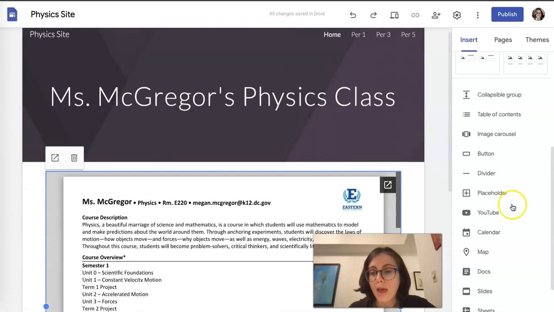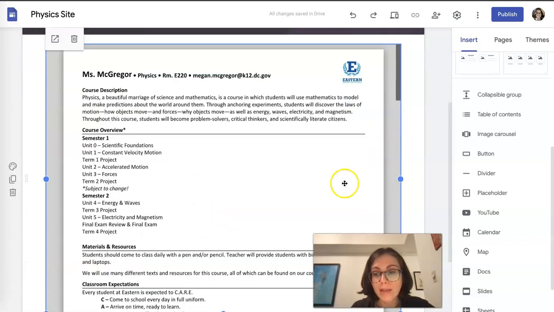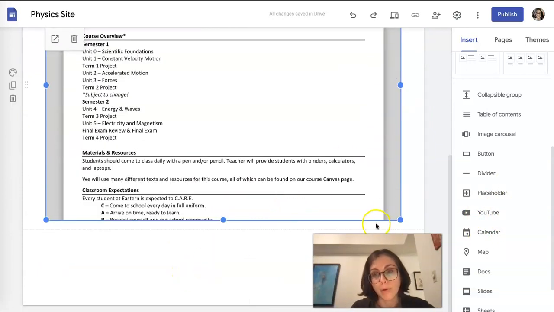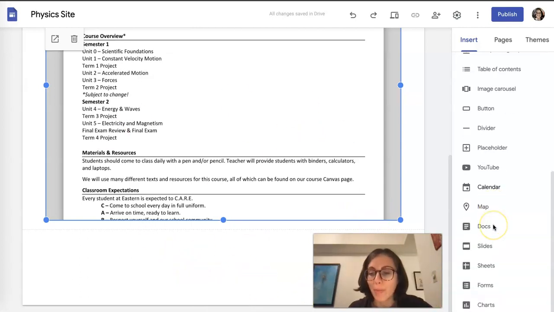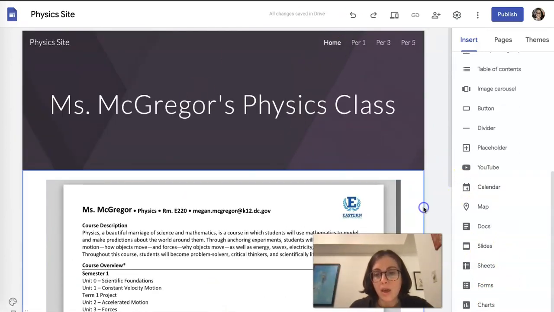Pretty cool. I might also choose to record maybe a welcome video for all my students explaining the LMS and how to navigate the LMS, and maybe I'll put that on YouTube and I'll drop it in, or I can put it in Edpuzzle, and I'm going to show you how to embed Edpuzzle videos in a moment. So there's really a lot of power here. You could put in any Google product essentially into the Google site.